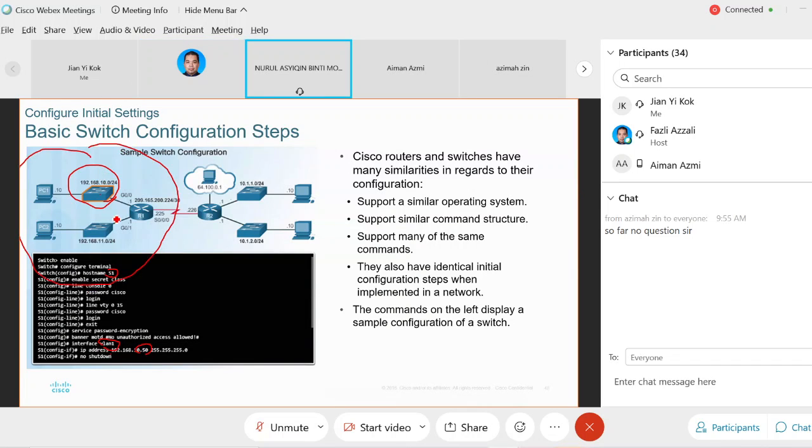Let's say one router only, connected to maybe 3 switches. Not 2 routers. But the IP address is different from the first item. You just make sure you understand about the